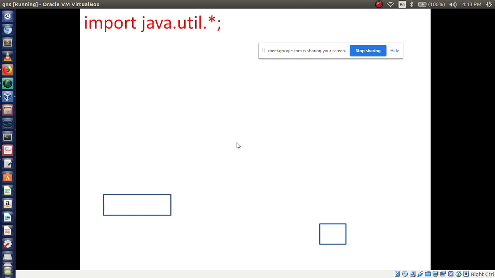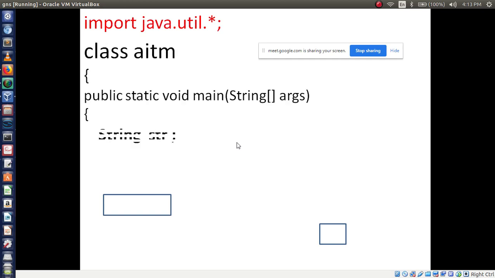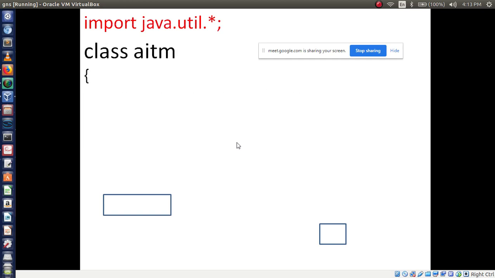In one more program here I want to display the name. In this slide I want to print and display my name. So import java.util. I have already written class AITM. Next main method. Next, what should I write? This is for reading a string from the keyboard.